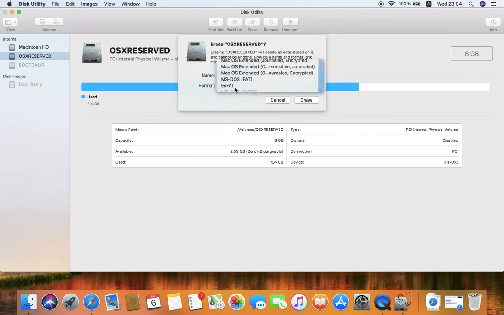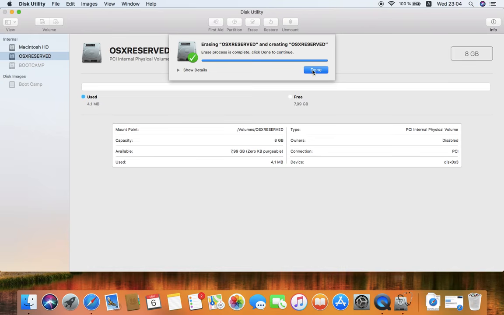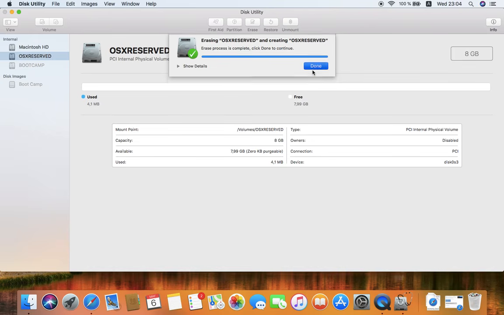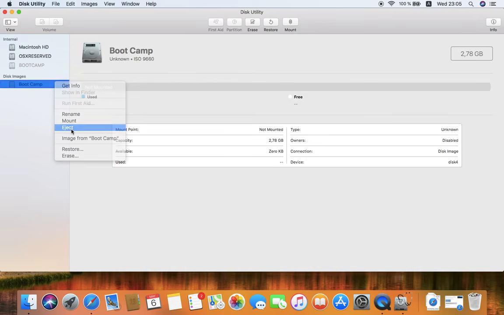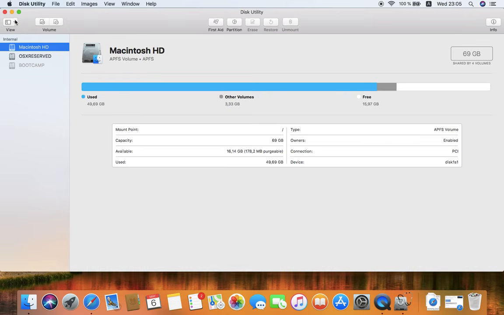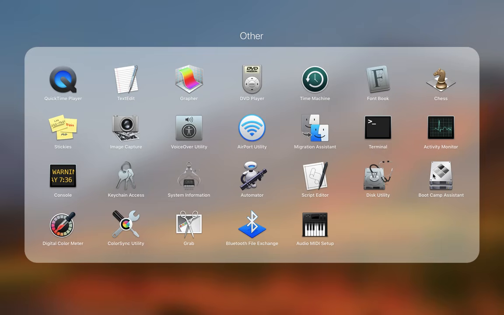Make sure you choose exFAT and name it anything. I prefer to just keep it as OS X Reserved. So after formatting the disk, eject. Yeah. So after this step, what you have to do is open Bootcamp again